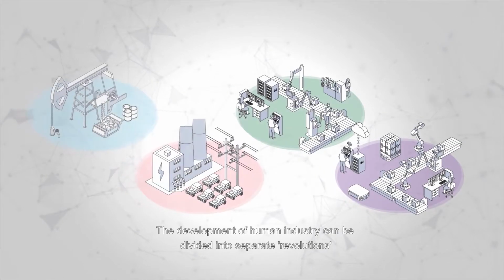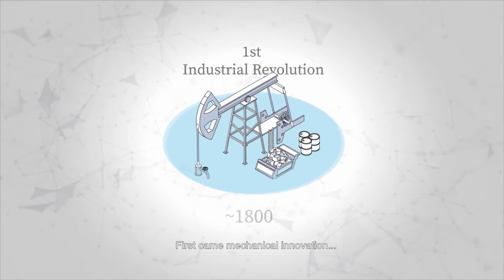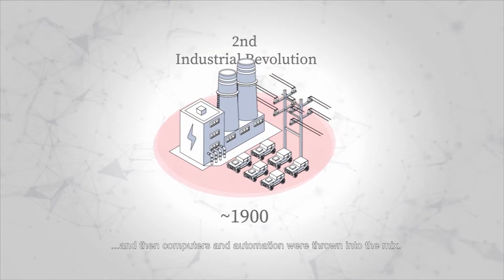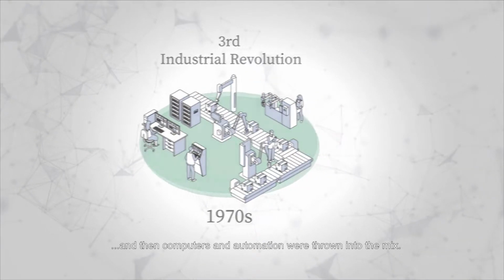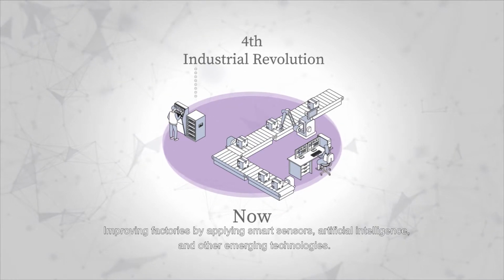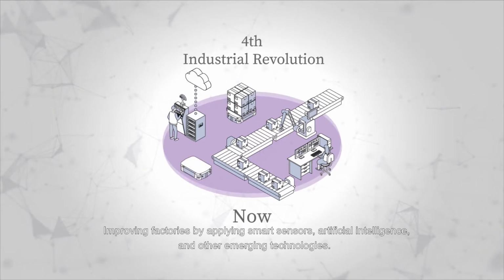The development of human industry can be divided into separate revolutions. First came mechanical innovation. Electrical power was introduced. And then computers and automation were thrown into the mix. We are now at the brink of a fourth industrial revolution, improving factories by applying smart sensors, artificial intelligence, and